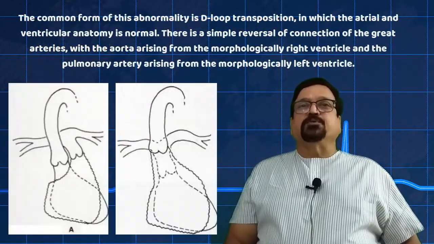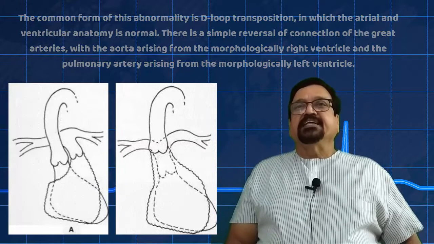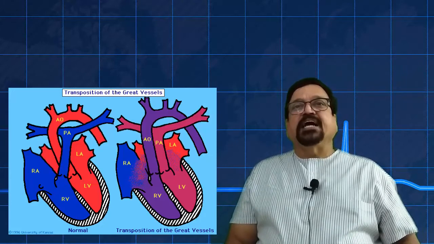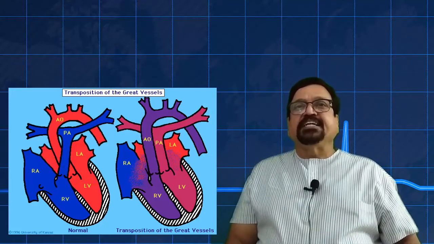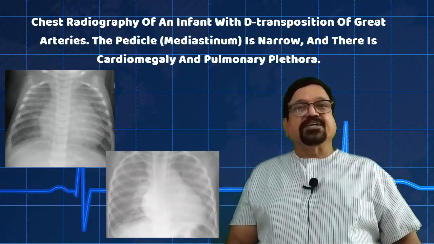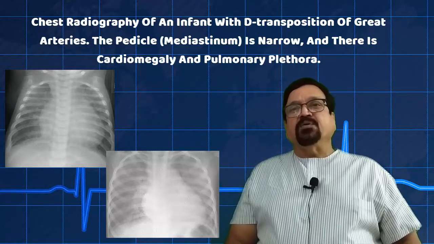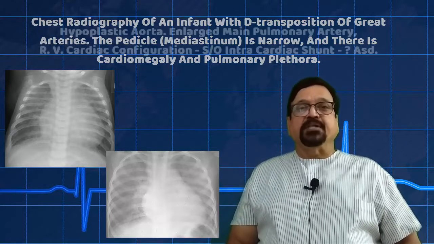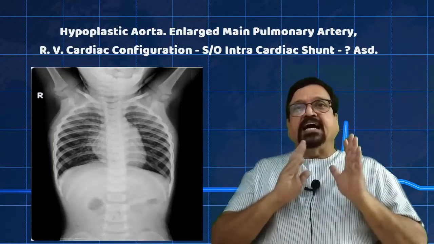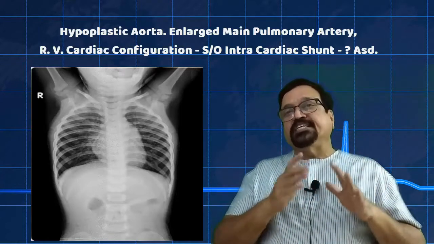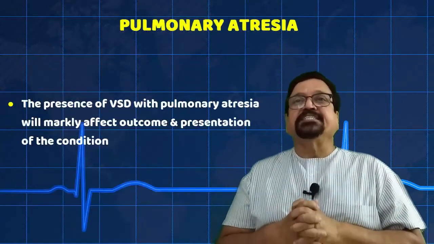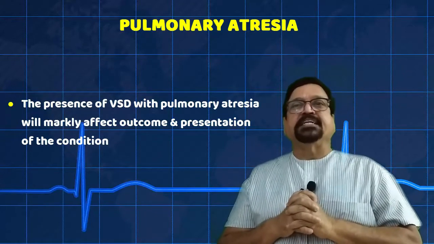This is a common form of transposition. As you can appreciate from the images, this is the hemodynamics, how it takes. The right side, right ventricle, pulmonary arteries, then it is the left ventricle and aorta. These are the infants with transposition of great arteries. The pedicle is narrow and there is cardiomegaly and pulmonary plethora. Now here we are finding hypoplastic aorta, enlarged main pulmonary artery, RV, cardiac configuration, all suggestive of intracardiac shunt, probably ASD. Now the presence of VSD and pulmonary atresia will markedly affect the outcome and presentation of these conditions